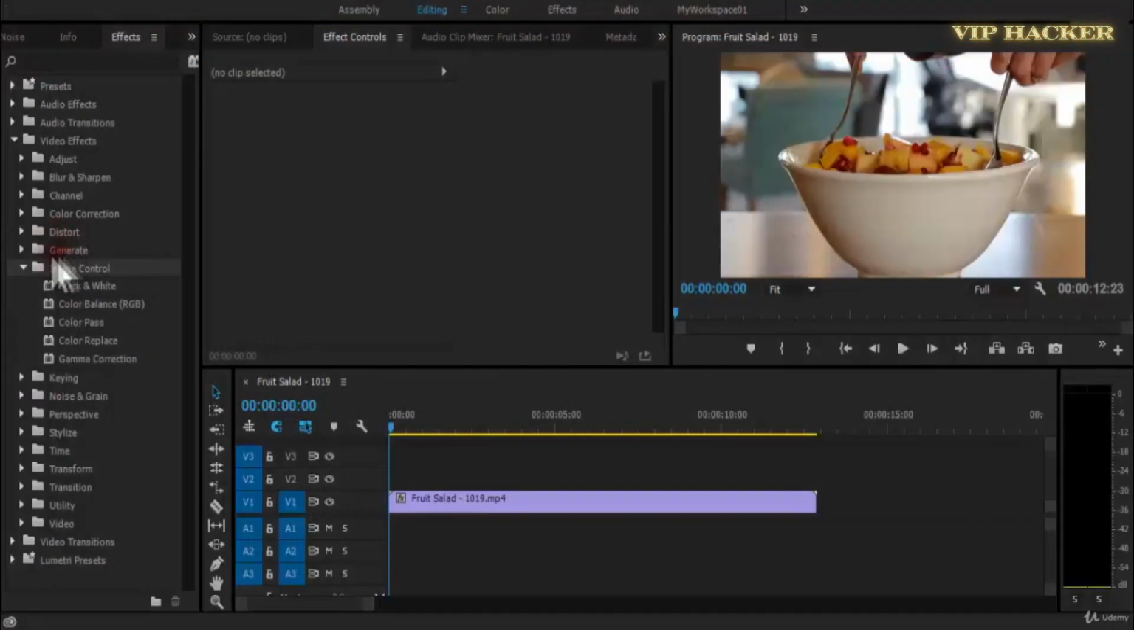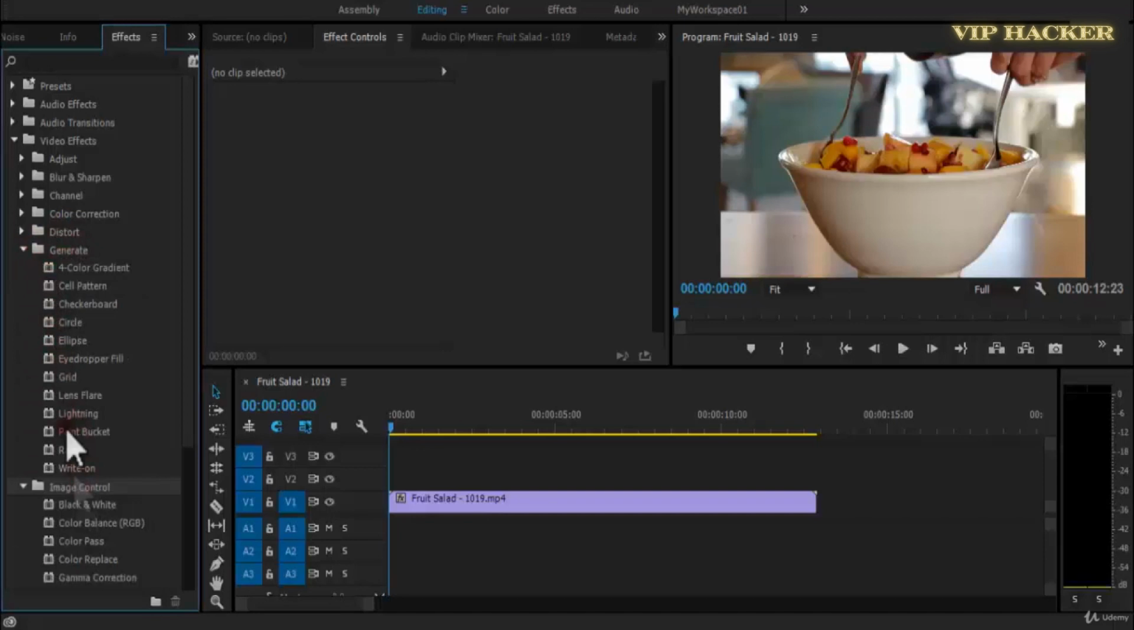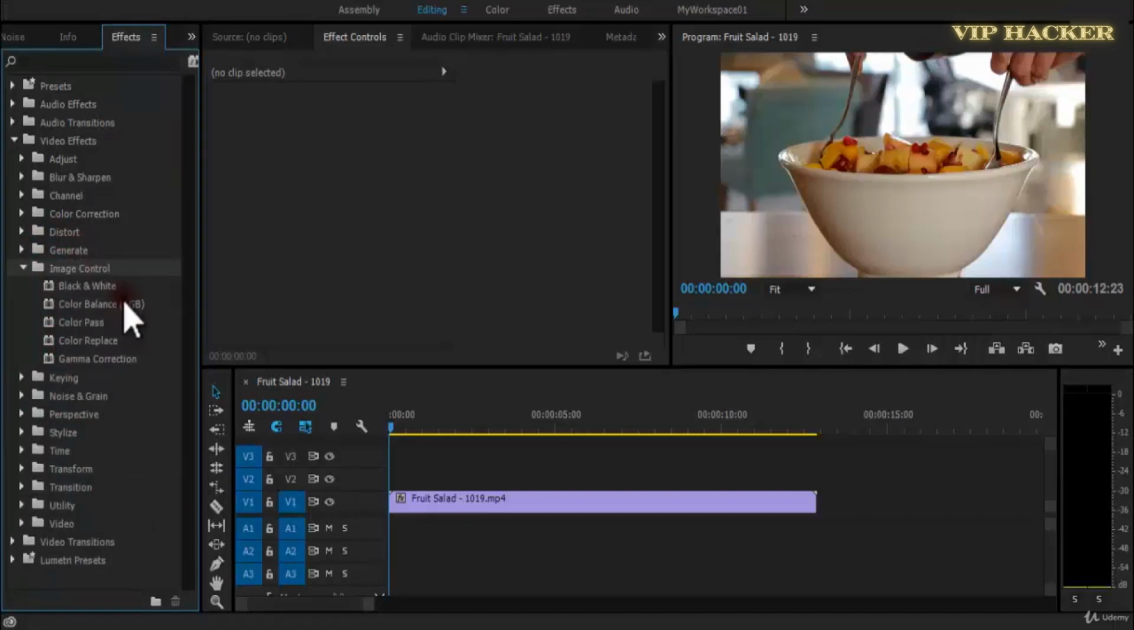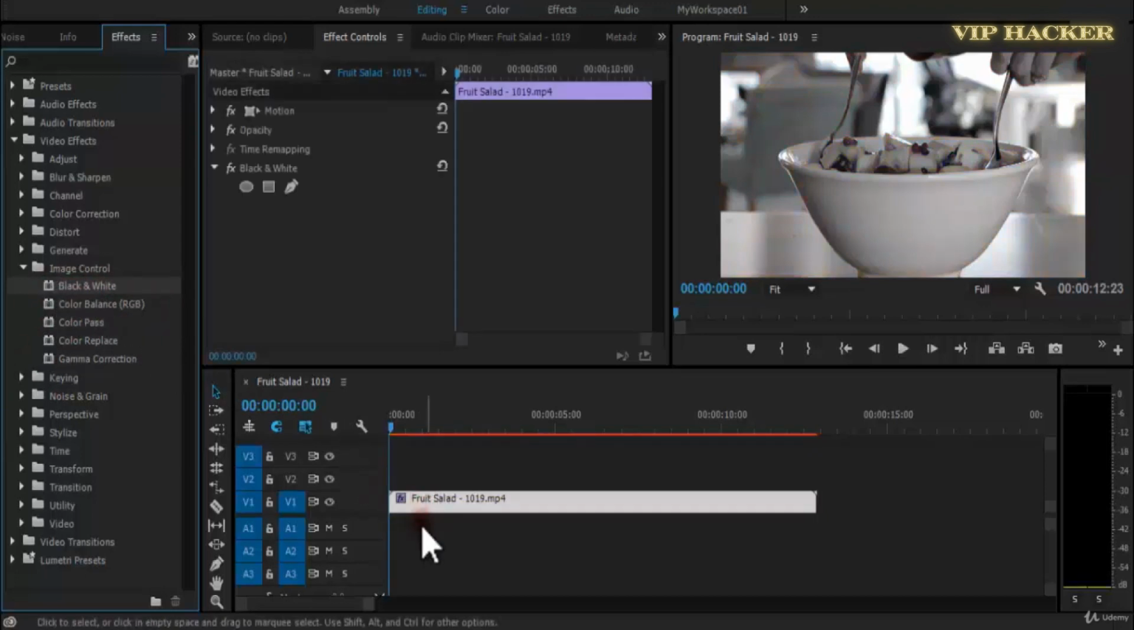So after looking through all the effects under the generate effects tab, now it's time to move on to the next effect, which is image control. And the first effect under image control is black and white. So let us drag and drop this effect on our video clip. As you can see here, after applying this effect, black and white, our video clip has turned